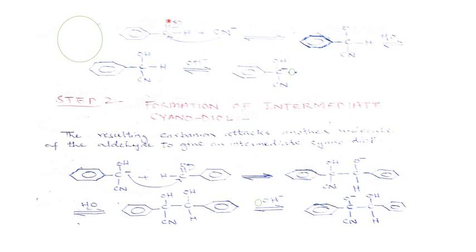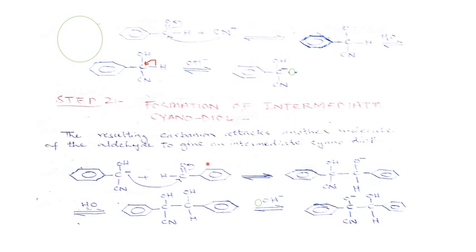this electron density will be shifted towards the oxygen. Oxygen will get a negative charge, and the cyanide will get attached to the carbon. After that, this hydrogen of the intermediate structure will be abstracted by a base and removed from the system as water, and this hydrogen, before leaving, will give its electron density towards the carbon, and the carbon will become negatively charged. In the second step, the formation of the intermediate cyanodiol